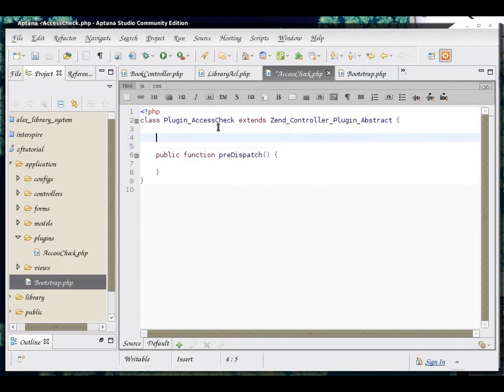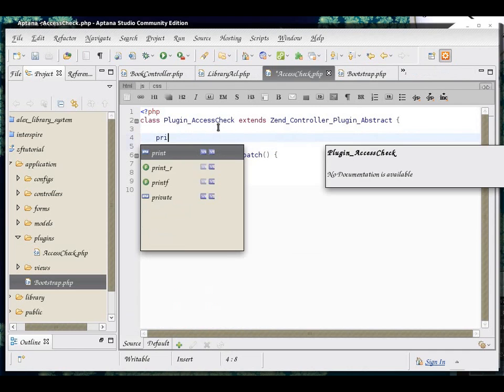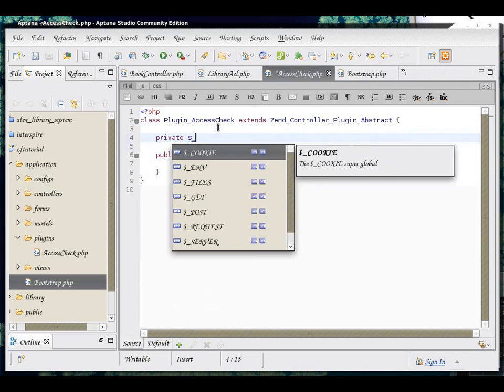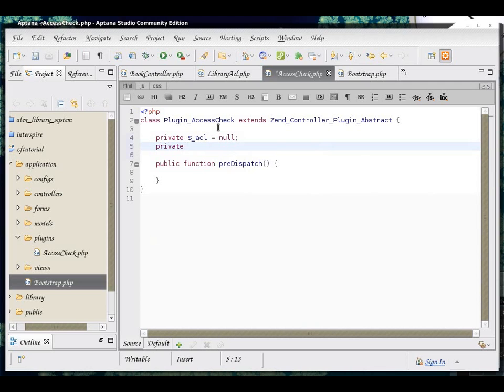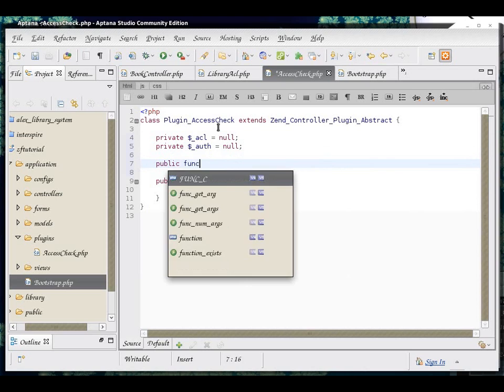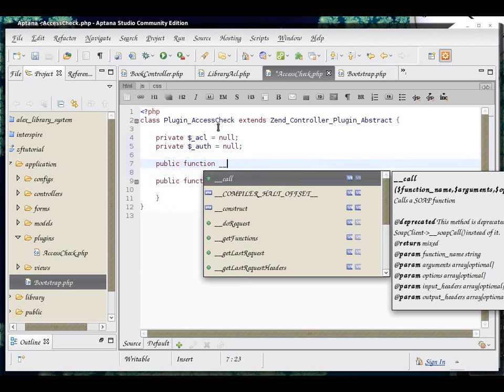These variables we're going to store in private properties. They're going to be called accordingly acl and auth, and we're going to give an initial value of null. And to set these variables, we are going to create a construct that will help us define them so we can work with them when we get to the pre-dispatch method.